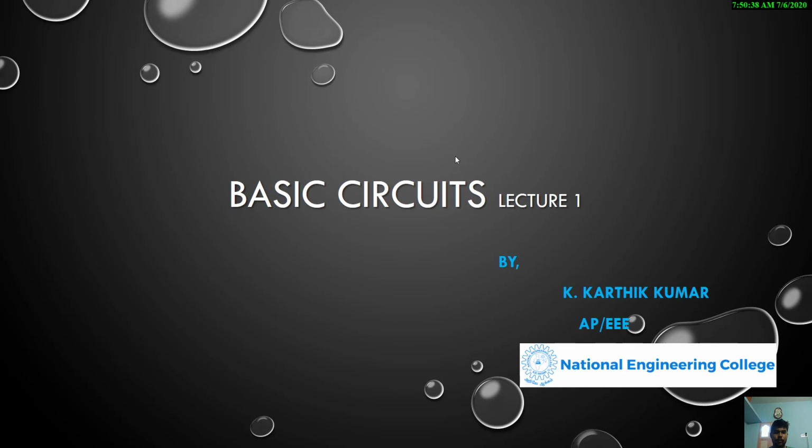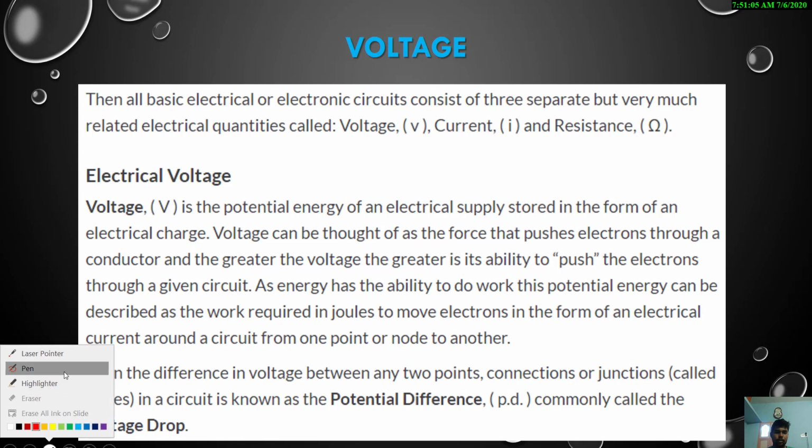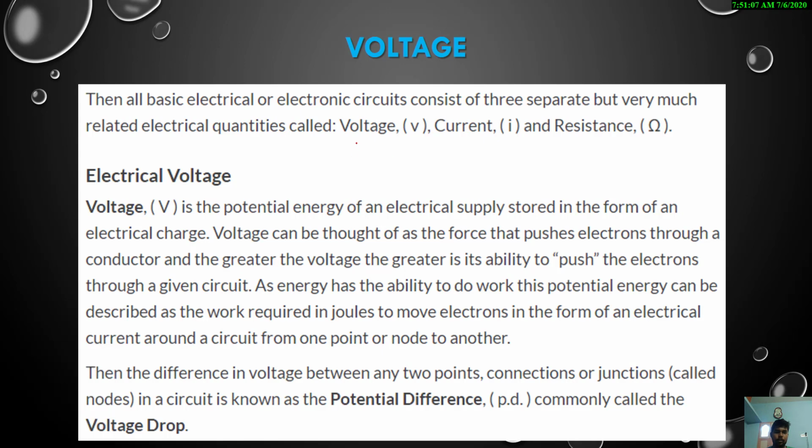In the previous lecture video, we have seen an introduction and the course objective of our course. In this lecture, we are going to see some terms or definitions for constructing a basic electric circuit. There are different terms available for constructing a basic electrical network. They are voltage, current, and resistance. These are the basic parameters or components used to construct an electrical network.